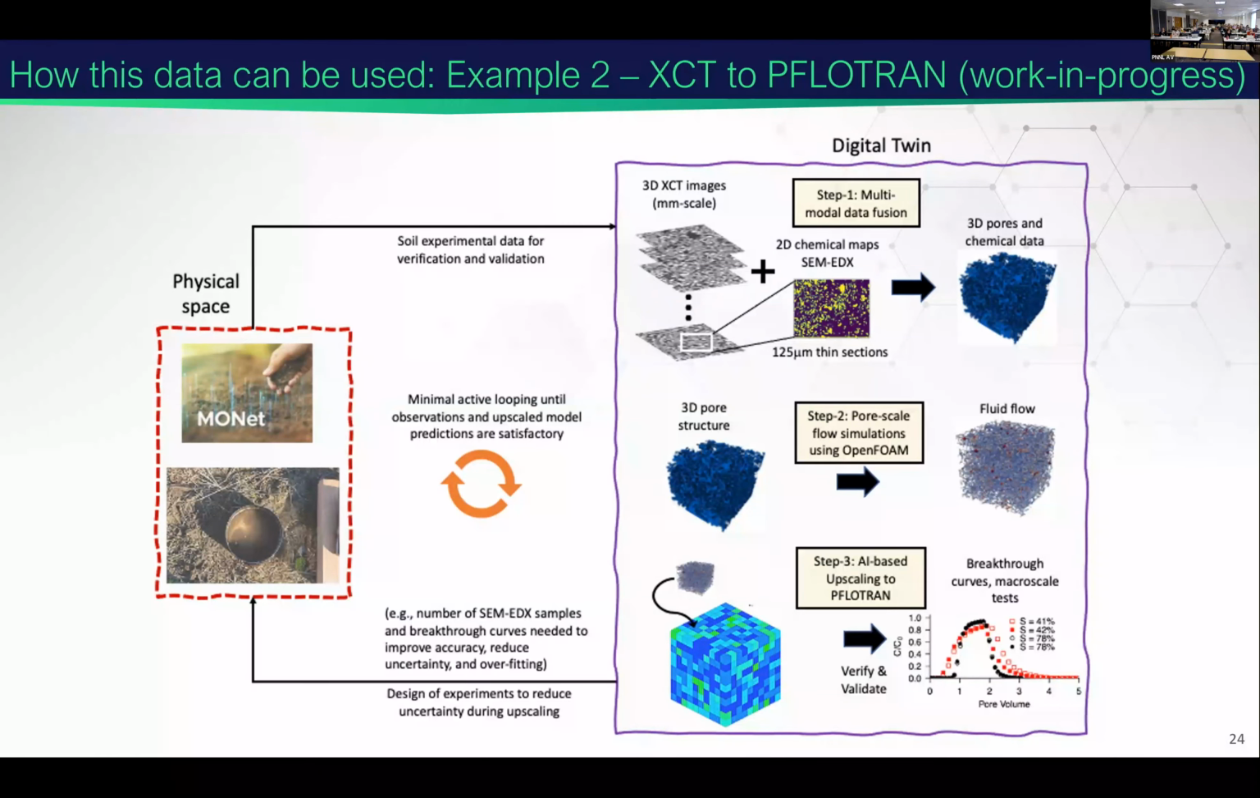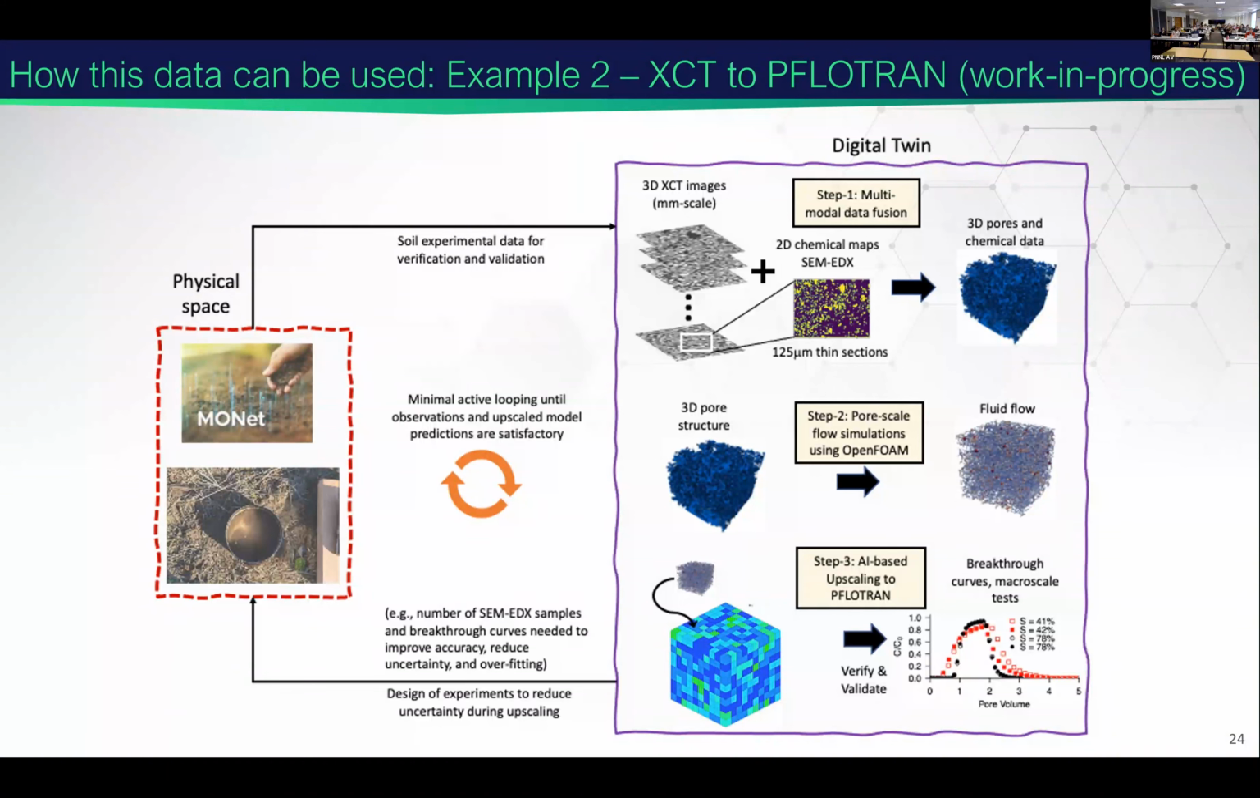So this workflow contains 3 steps. We call it a soil twin, a digital twin representation of how we collect data sets from MONet and how we reduce the uncertainty in characterizing the soils. So the left side is a physical space. So you collect MONet samples at various locations. And the first step is you have the soil experimental data for verification and validation of this